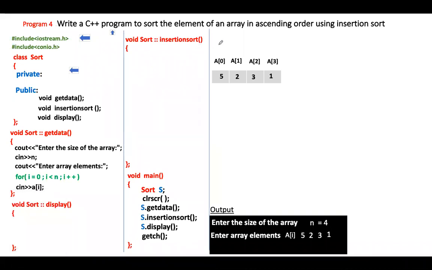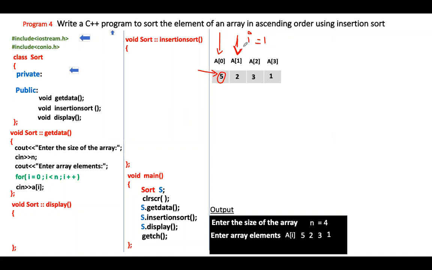Now, where will it start from? It will start from here. This also I'll explain to you. Wait. Initially, when I enter the array, this is my first element and first position. Obviously, with only one element, I cannot do a comparison. So what will I do? I'll take the second element, the second memory location. So that is why I'll take the i value as 1. Why i value as 1? Because I'll do this iteration many times. So the first iteration, I'll start from this.